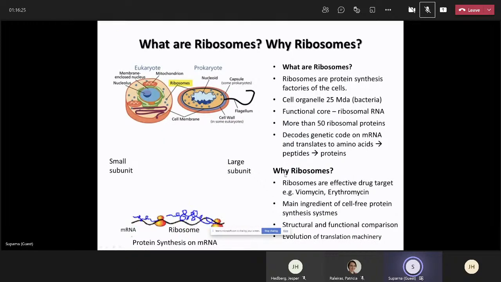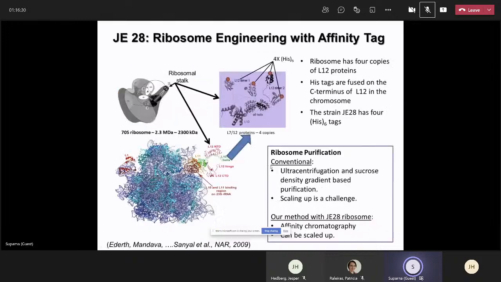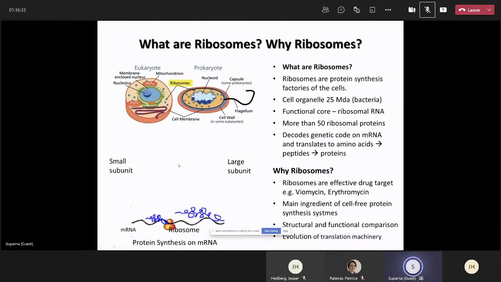So before we go into the presentation, one of my illustrations disappeared, but it doesn't matter. So what are ribosomes, and why should we purify them? Let me introduce or remind you: this is a simple bacterial cell, and this is a cartoon of our cells, the eukaryotic cell. And these dots that you see here, scattered in the bacterial cell, or in the eukaryote sometimes scattered, sometimes bound to the endoplasmic reticulum or other membranes,